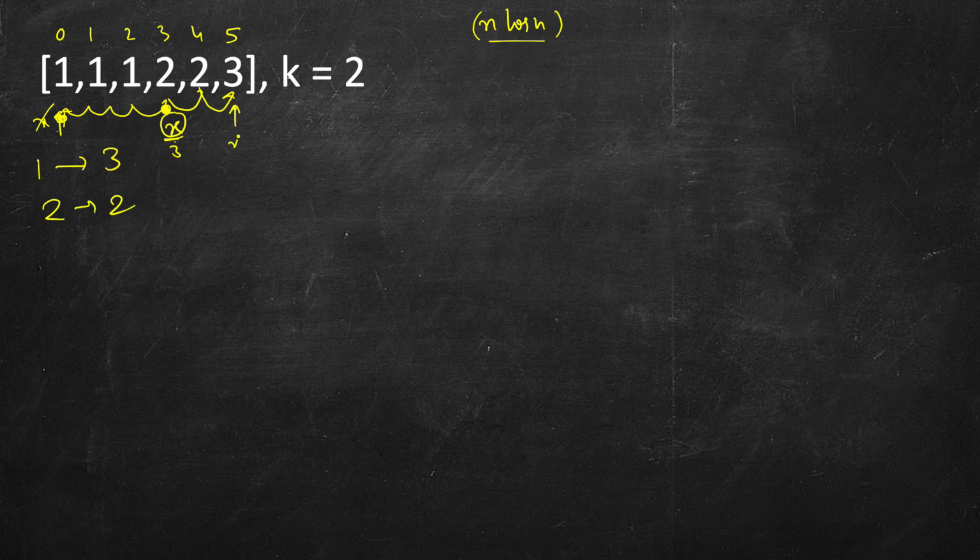Now this becomes x. But this is the last element, and for the last element we will never find a different element. So whatever was the x, put it here in the map. So it was 3, and whatever was the last position. So we are resetting the position when we find a new element. So position is also 5 and x is also 5. So n minus 5, if n is the size of this array. So this is just a way of maintaining the counter.